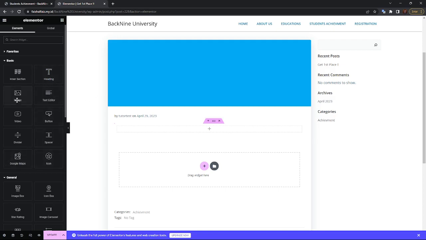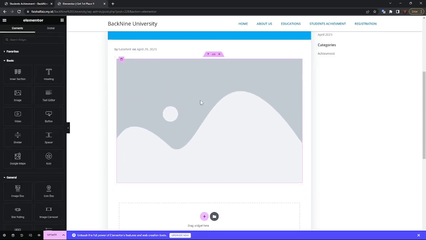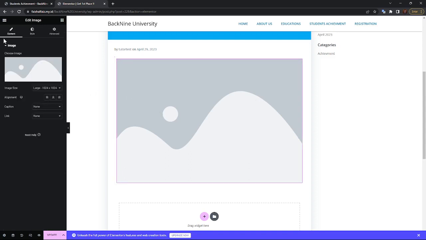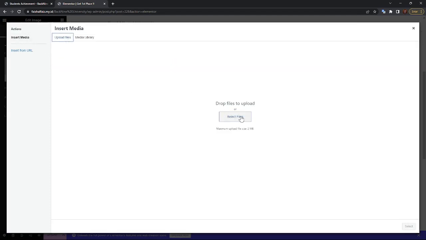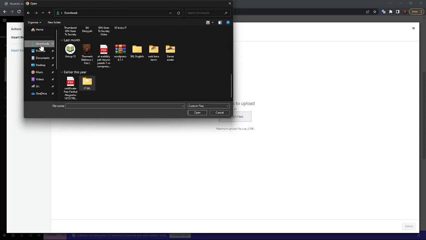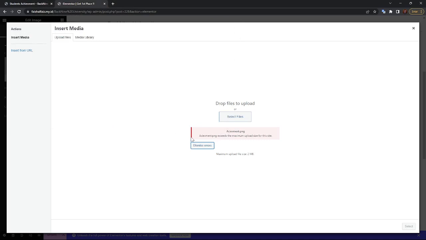But I will change an image, so you can click it and drag and drop to this section, and then you can add an image in here. So I want to add an image from my computer. So click the image, and in the content, in image, choose image, and I will click it. Go to upload files and select files. I want to upload this image, and when